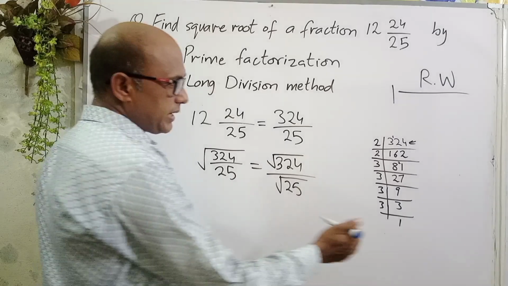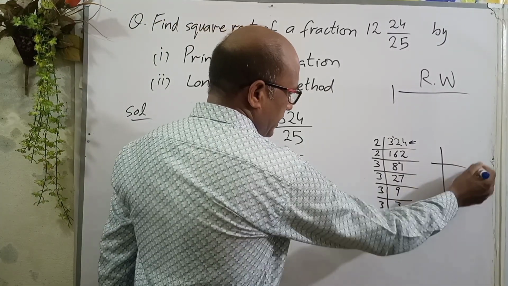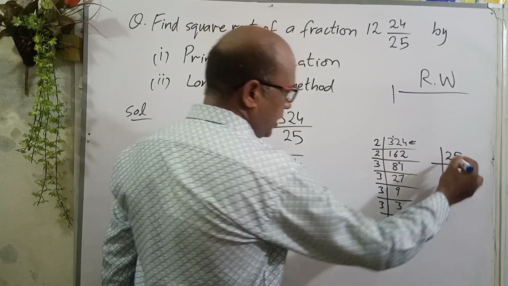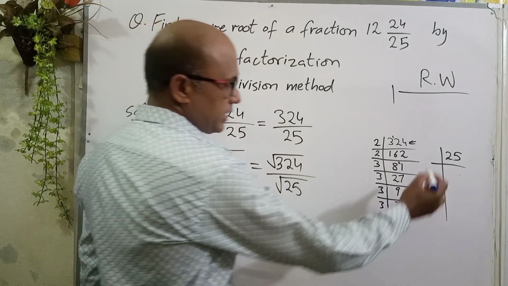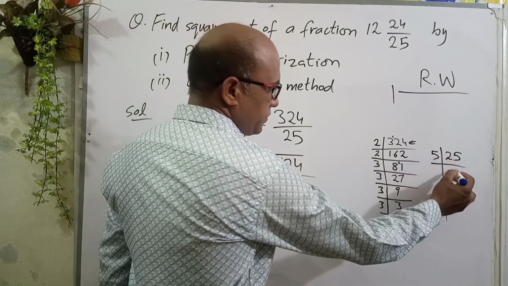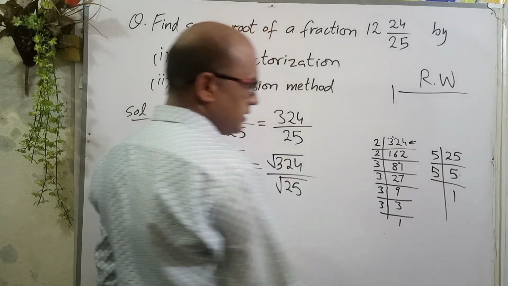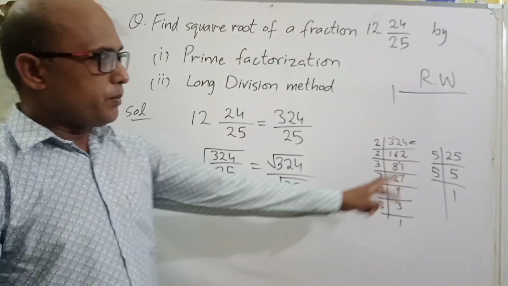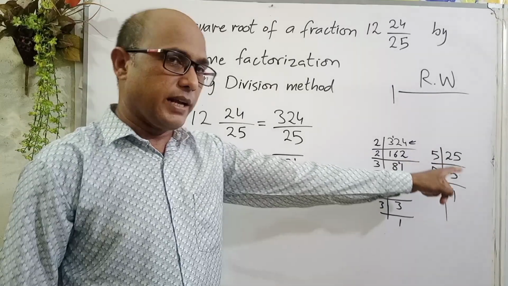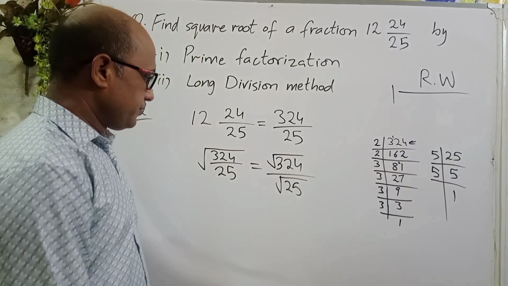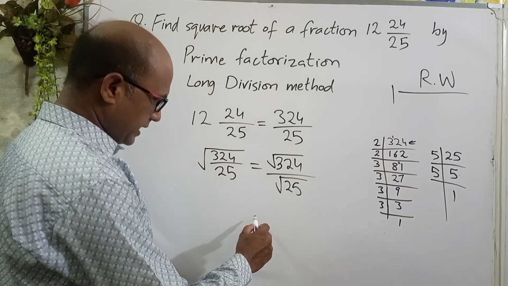Now the denominator is 25. The prime factorization of 25 is very easy. It is 5 5s are 25 and 5 1s are 5. Only 2 prime factors are there in 25. So we can write here, students,